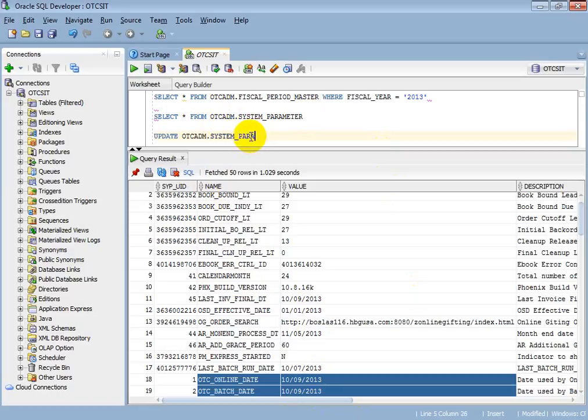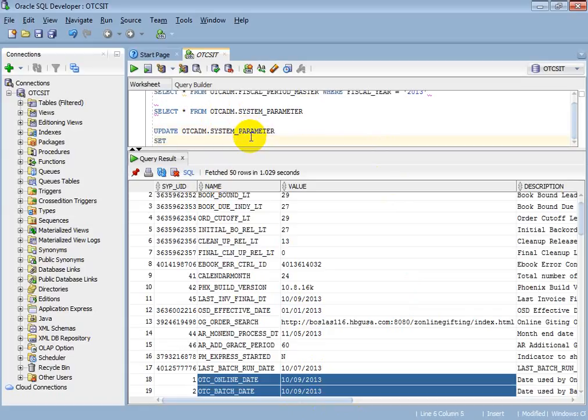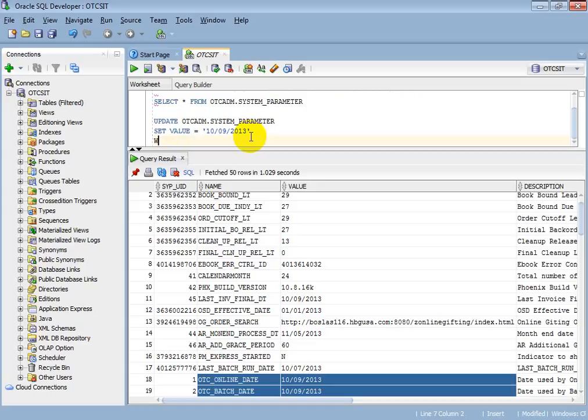Update OTC ATM system parameter, set value equals to. Okay, this will be month, date and year. Let's say today's date is 10, 9/2013, where value in OTC.